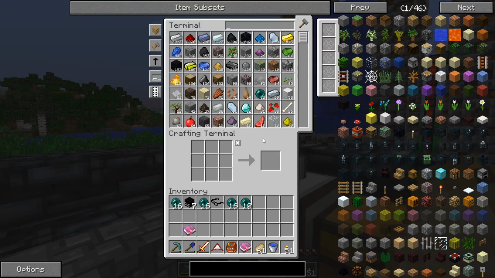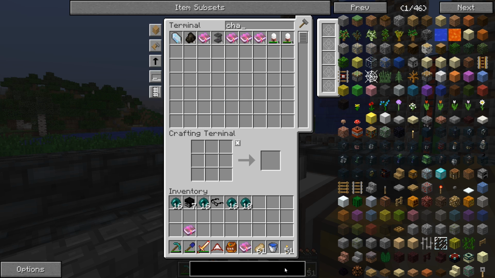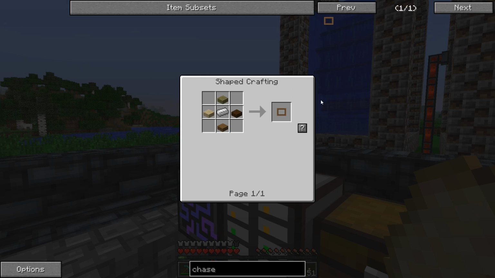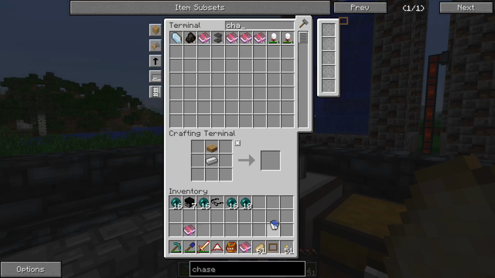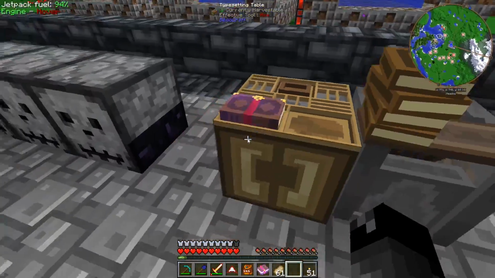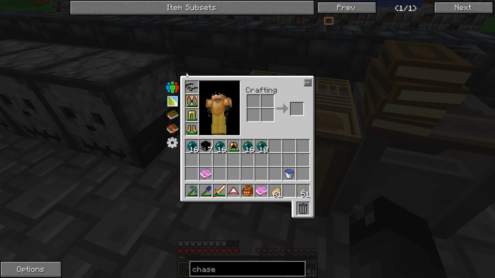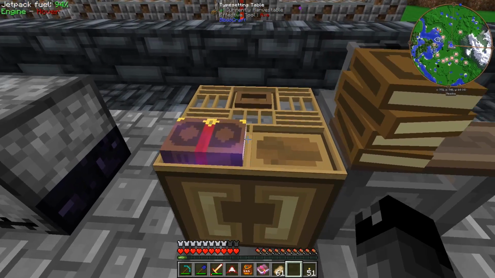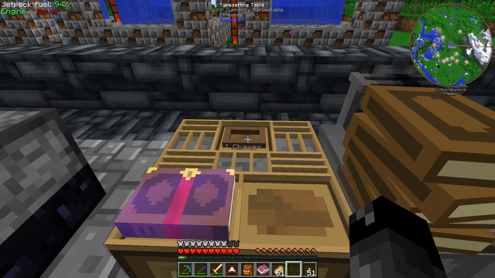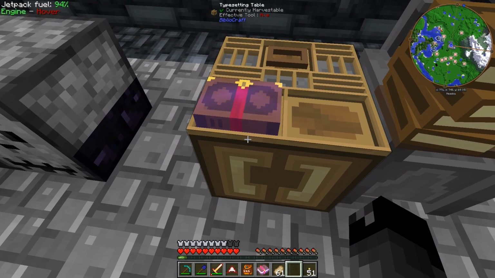So for instance, I don't remember if I had any more chases left. Let's make one of these chases real quick and I'll show you guys. So there's this thing. So we can just stick this right here. Now you don't see any interface. What you need to do is make these reading glasses from Bibliocraft, or if you have the reading enchantment, you can enchant your helmet with the reading enchantment. But anyway, with those glasses on, you can look at the table and you can look at stuff and see how much it costs. So if I look at this book, it says Soul Stealer 4 below it,